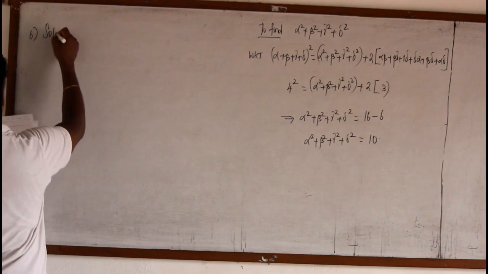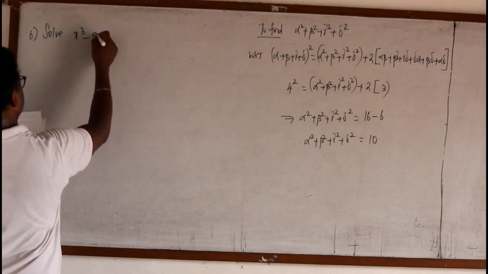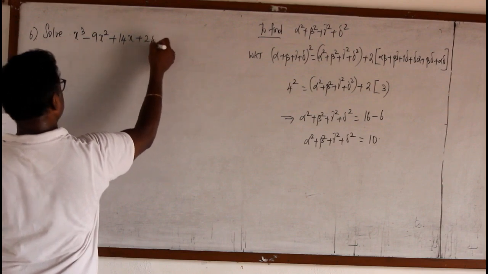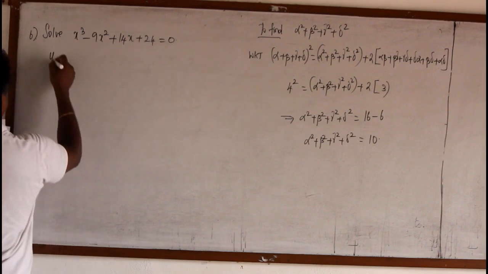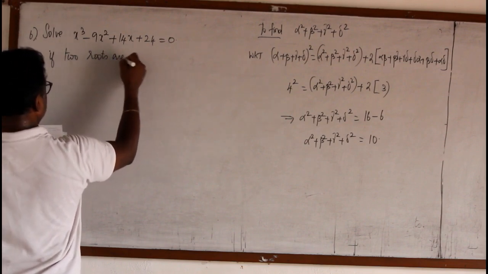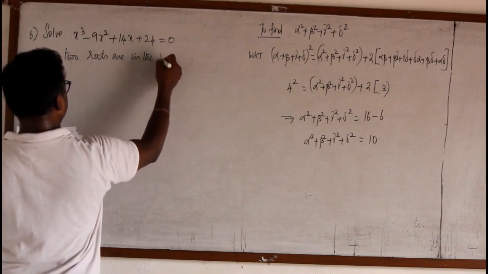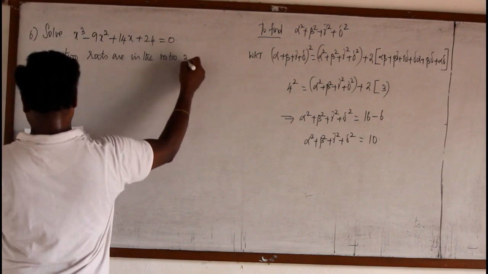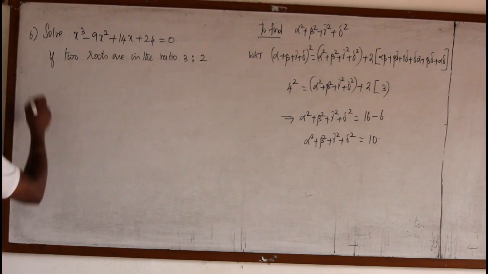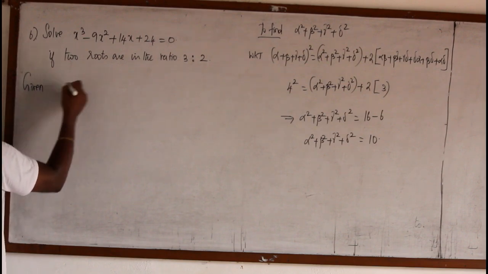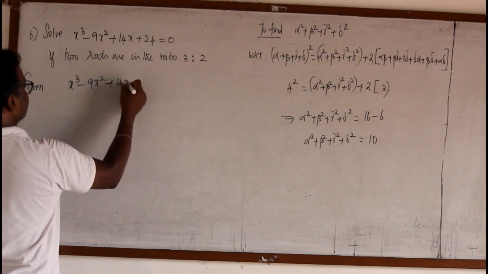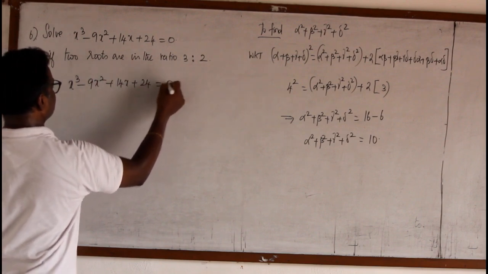Solve x cube minus 9x square plus 14x plus 24 equal to 0, if two roots are in the ratio 3:2. So given a cubic equation x cube minus 9x square plus 14x plus 24 equal to 0,